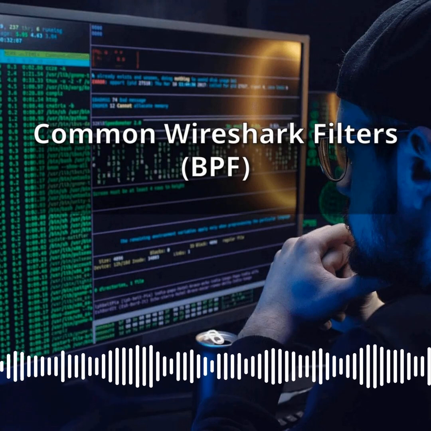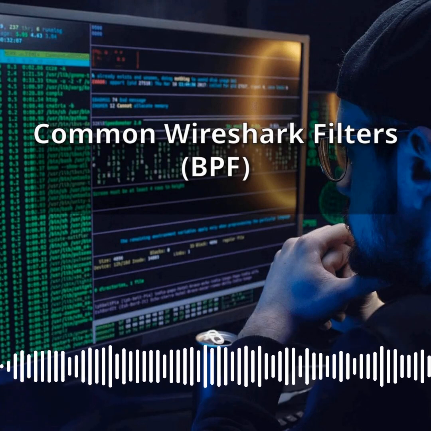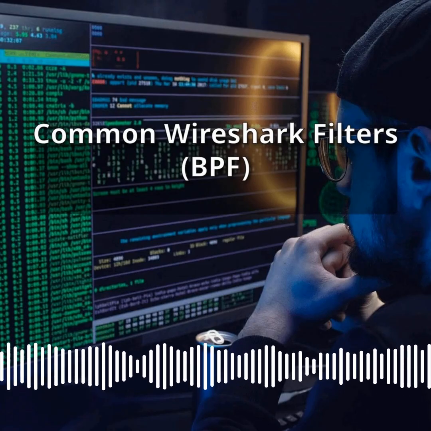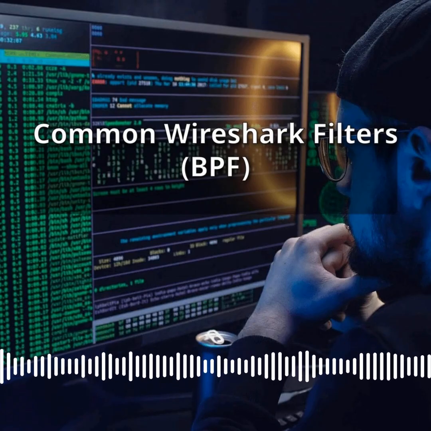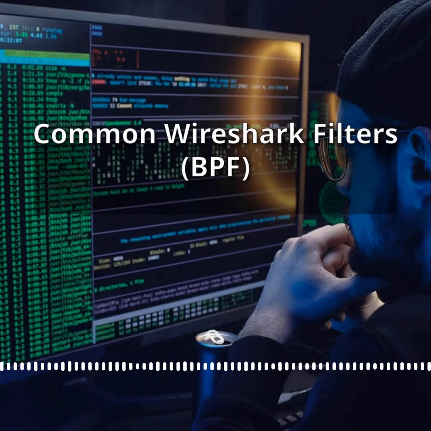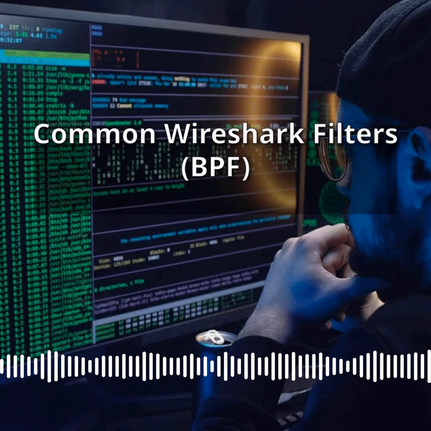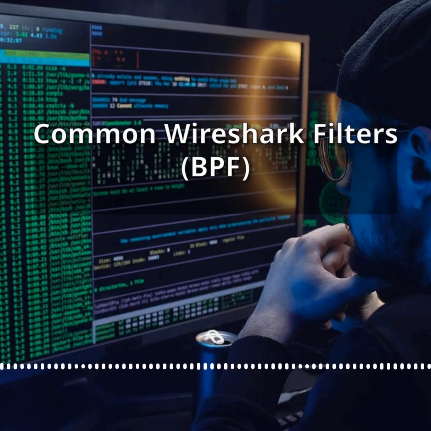When you open Wireshark and start a capture on a busy network interface, you are immediately flooded with hundreds or even thousands of packets per second. Without a way to narrow down what you see, finding the traffic you care about becomes nearly impossible. This is where filters come in, and more specifically, Berkeley packet filter syntax, which is the foundation of Wireshark's filtering